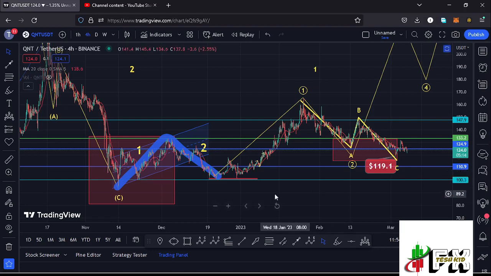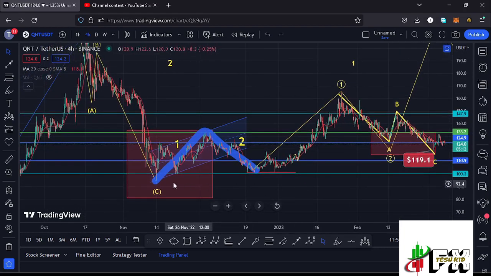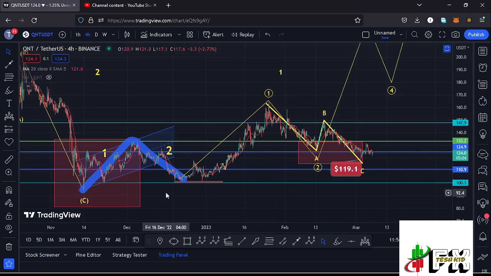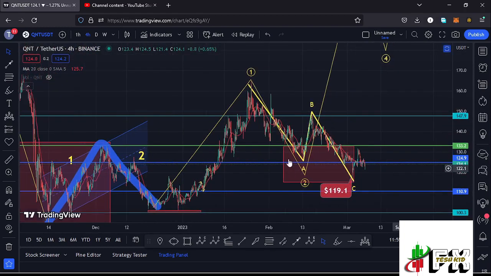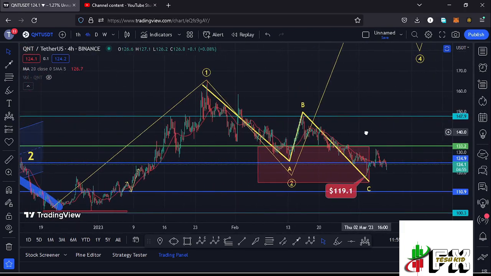And before I get further into the technical analysis, allow me to first give you a quick recap of what has been happening here on the Quant chart, where you can see that after making a low at around the $94.4 mark, we started this 1-2 setup to the upper side, and after seeing the 1-2 setup, we started this Elliott wave structure where we have seen that first wave giving us a peak at around the $165.5 mark, and after seeing the high for that wave 1, we started a corrective structure in the formation of these larger Elliott